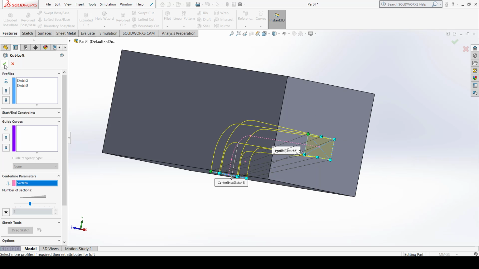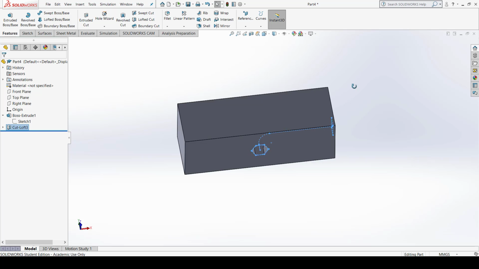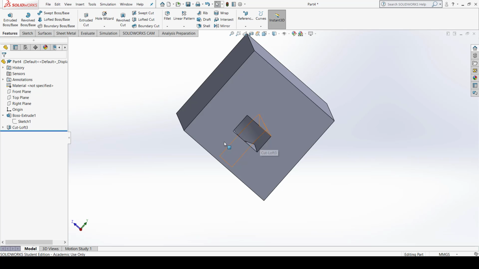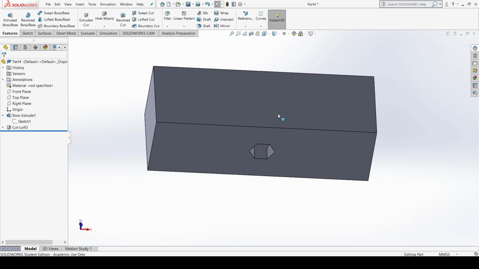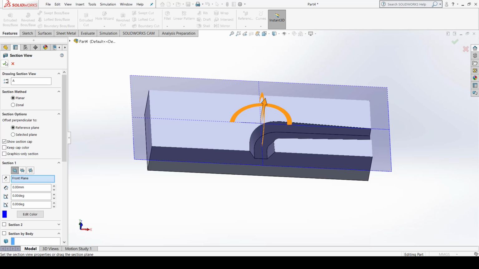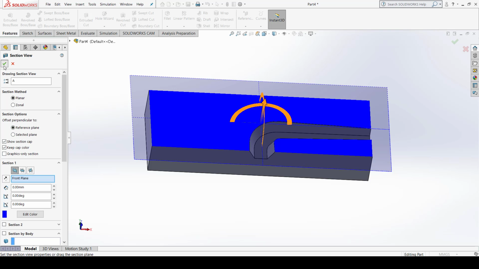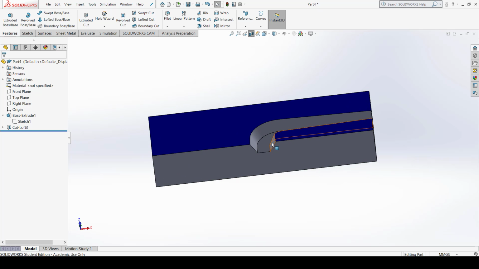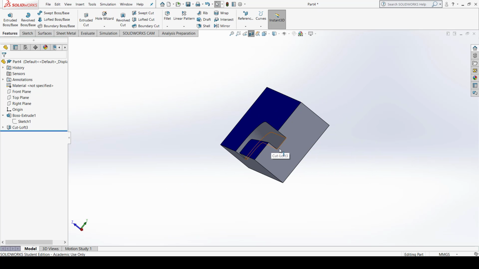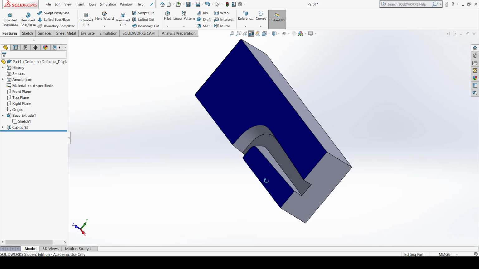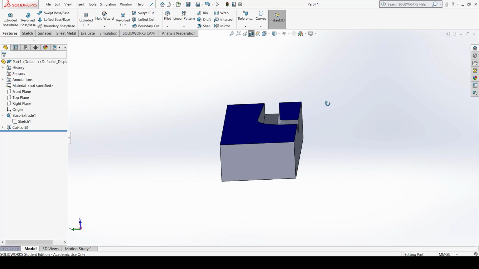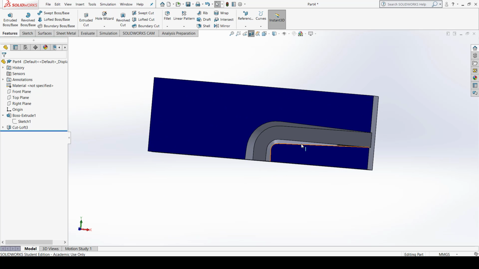Okay, when I click OK, you can see a cut is produced. Here the cut is your rectangular section and here it is hexagonal section. So I make sure it is a cut section and keep cap colors here. You can see a cut is produced having a hexagonal profile here and rectangular profile here. So this is how you can create loft cut and remove the material from inside the component, as well as you can remove the material from top side of the component.